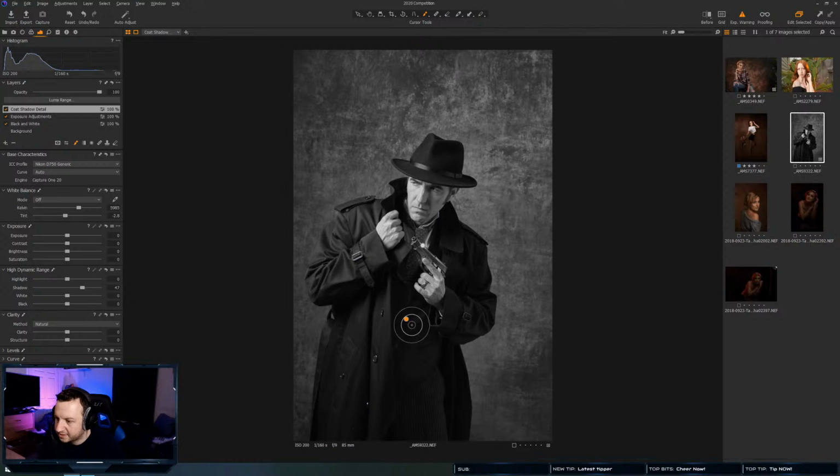Alright, and basically what I'm doing is going into the darker areas of the jacket to pull some of that detail back out. And I am only wanting it to affect the deep dark areas of the jacket, like you can see in that collar there. This area of the hat. And then we will use the mask in a little bit to look for bleed over. But for right now,